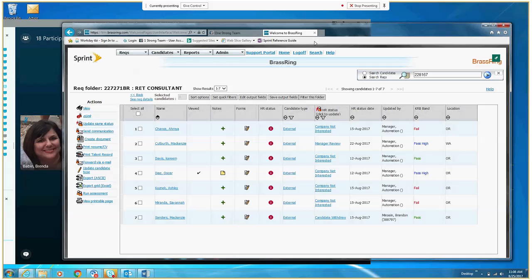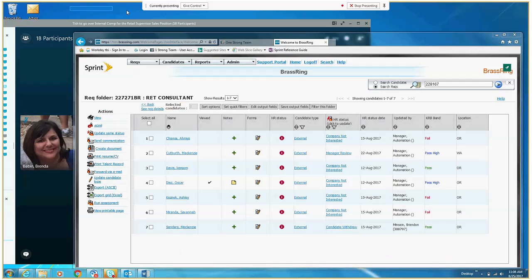So let's do this. Let's just go over how to send a form really quick, and that's what this call will be over. And then you'll be able to refer back to it, if you know how to send forms. Let me know when you can see my screen. I can see it. Okay. Yep.